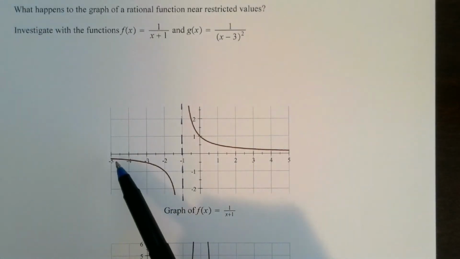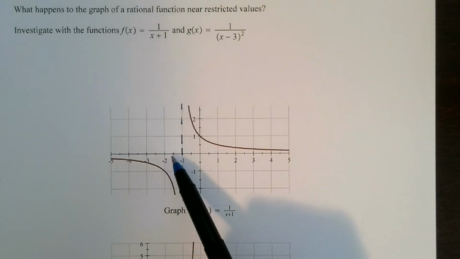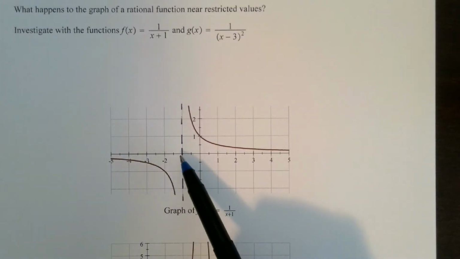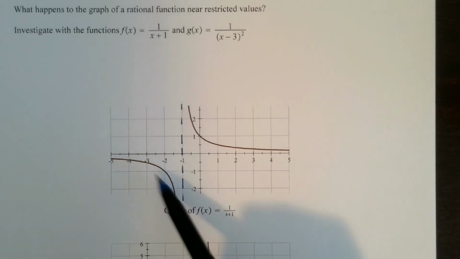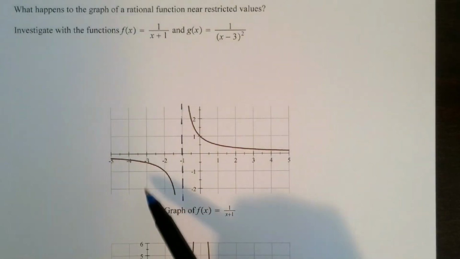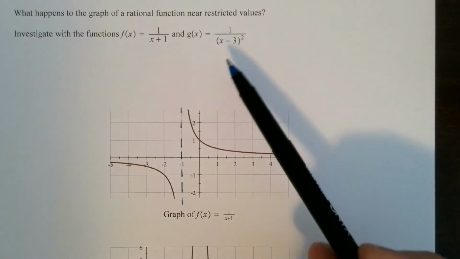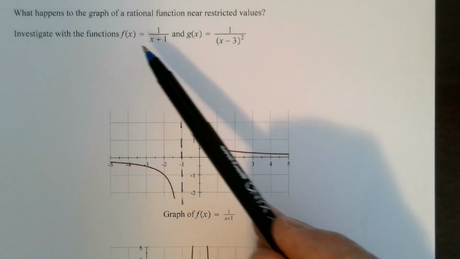Similarly, we saw from the values less than -1, like -2, what the output was, and so on. These outputs were getting more and more negative. In fact, by the time I got to -1.1, we were at -10, way down here. And so we have some interesting behavior. This is not what we would see for a polynomial function, but is a feature that happens a lot with rational functions. If you do the same analysis that we just did to the function f with the function g,